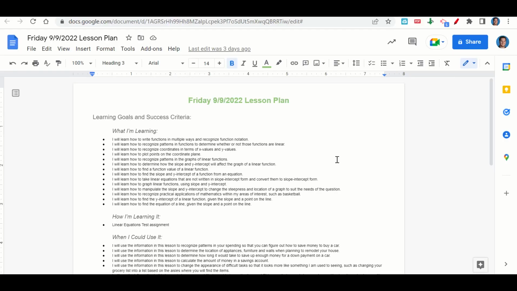Welcome everyone. Let's begin our lesson for today by going over our learning goals and success criteria. First, what are we learning? We're learning how to write functions in multiple ways and recognize function notation, how to recognize patterns in functions to